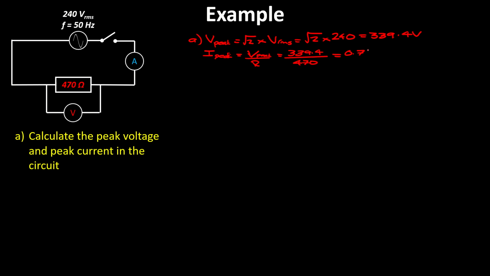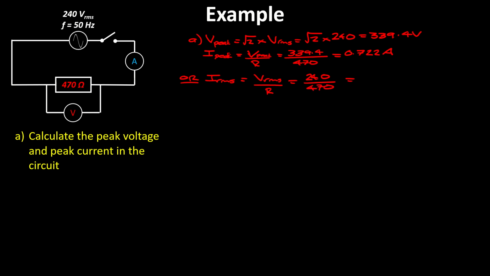I forget that right. 722. Okay. There's another way I could have done that, which is basically the same calculation, just in a different order. I could have done the RMS current by doing the RMS voltage divided by resistance, which would be 240 divided by 470,